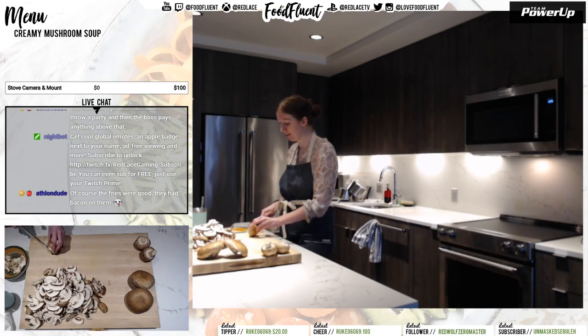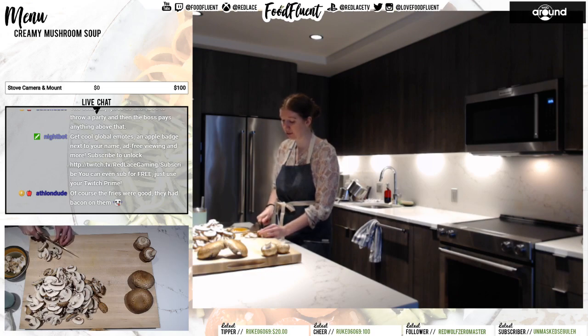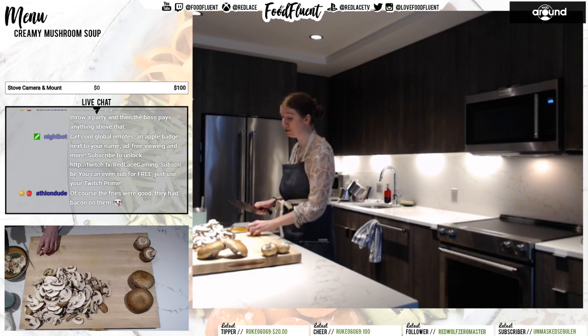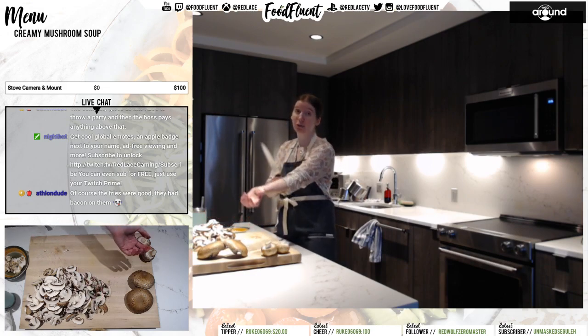Did I already cut the end off of this one? I can't remember. We'll do it again. We're almost through all these mushrooms, guys. I know this part's kind of slow. If you don't want to do this, if you're like, I don't have time to cut all these mushrooms, Lace, you can buy them in a packet already ready to go,